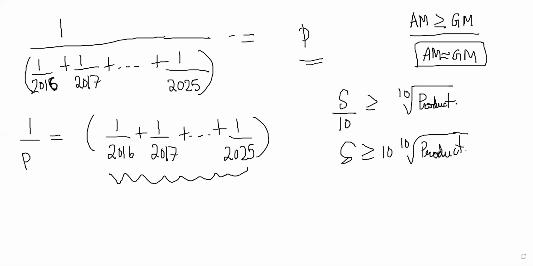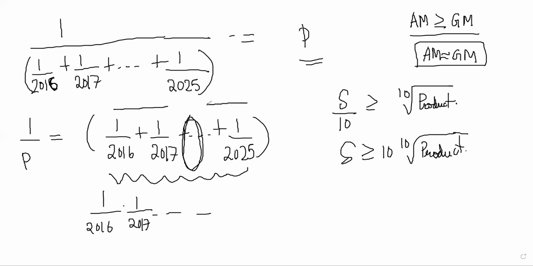And because I want to use the fact that they are close to each other, what I will say is when I'm doing the product, I will not write 1 by 2016 into 1 by 2017 and so on. Each of them I'll approximate as 1 by 2020, which is the middle term here. Doing that means I am increasing the values of these terms, but decreasing the values of these terms, right? So the product will be nearby that only because it's symmetric. There is no unbalanced nature in what we are doing. So what I'm assuming is each one is 1 by 2020.